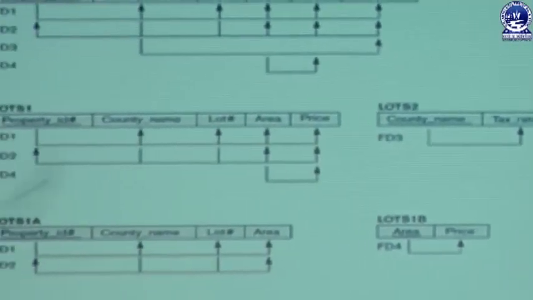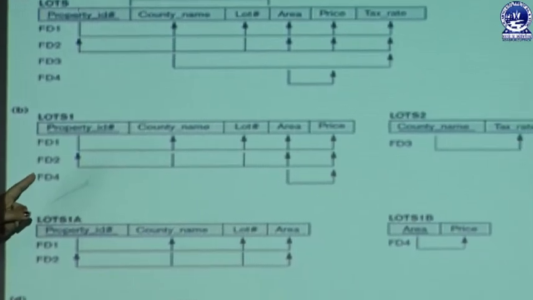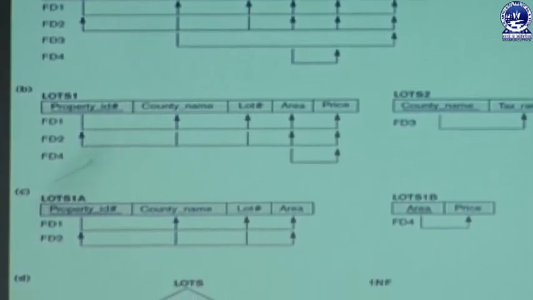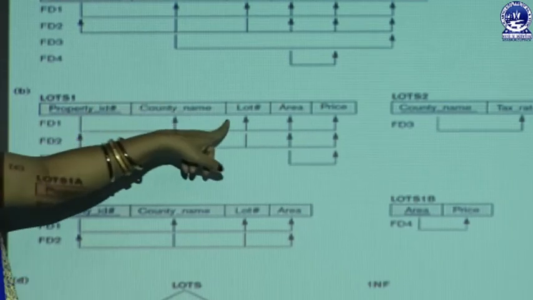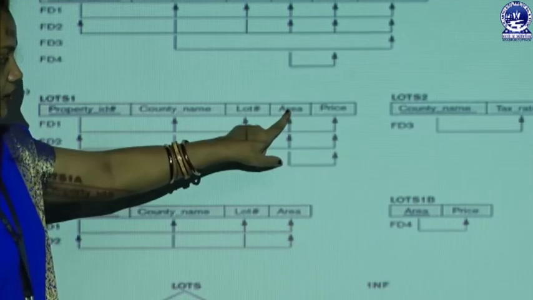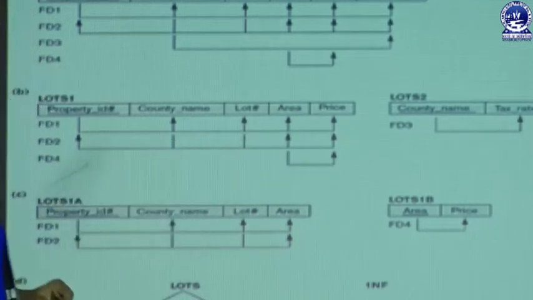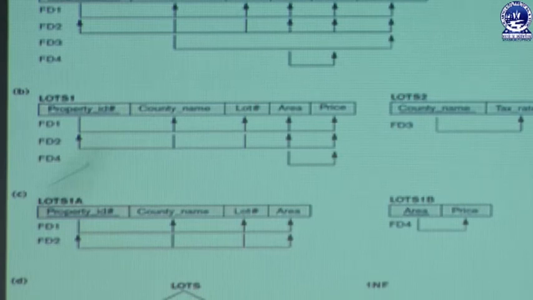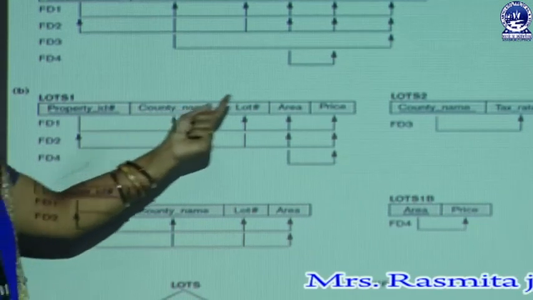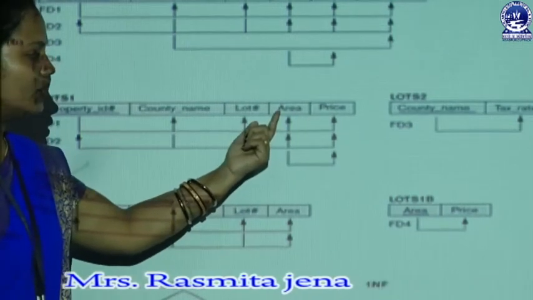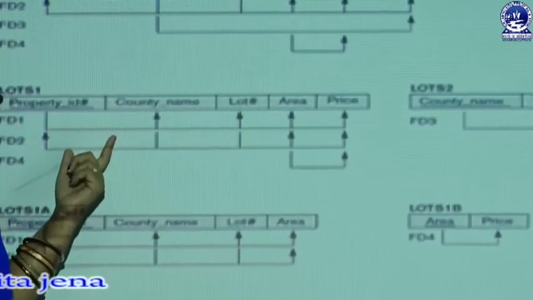Now, you have to check whether the relation is in third NF or not. Third NF says no non-prime attribute is determined by another non-prime attribute. We can see here area is a non-prime attribute and price is also a non-prime attribute, right, because area does not take part in the formation of the key attribute, and price also does not take part in the formation of the key attribute, but the price attribute depends upon the area. Price is a non-key attribute and area is also a non-key attribute. So, in this case the transitive dependency holds.